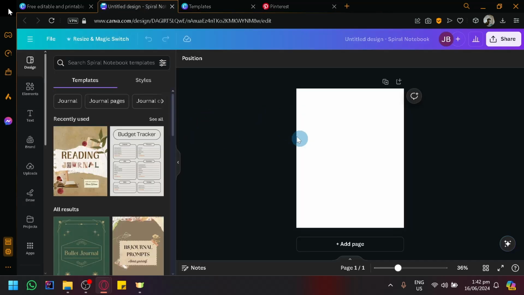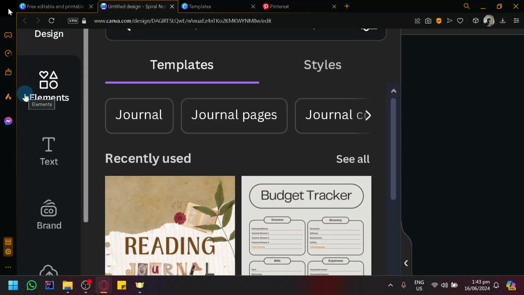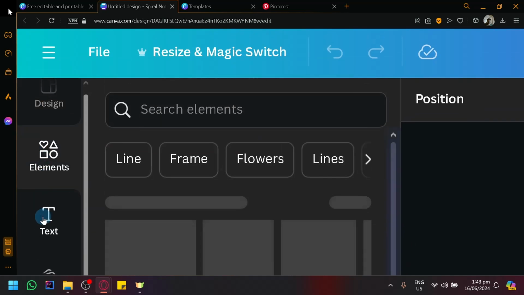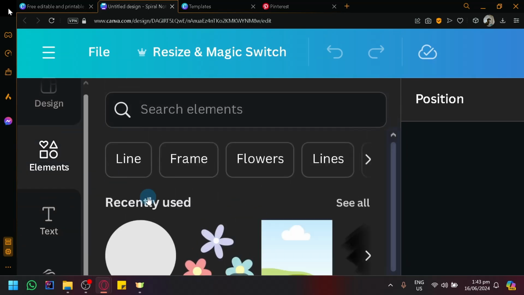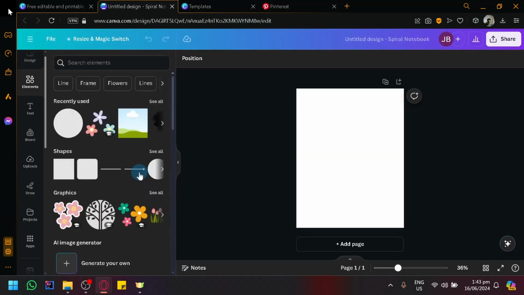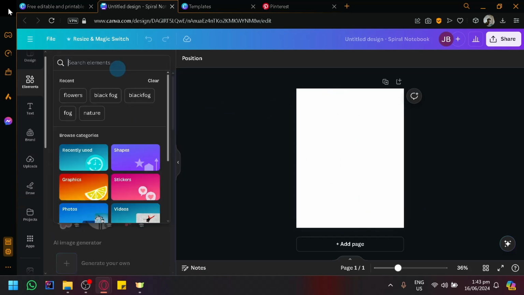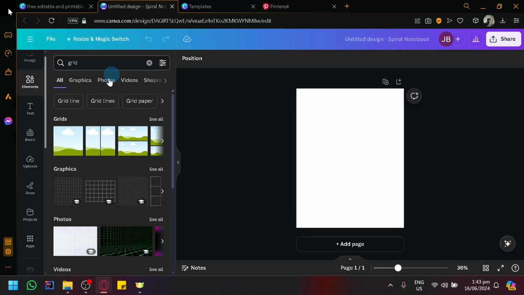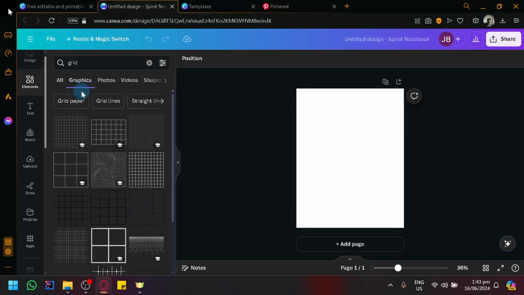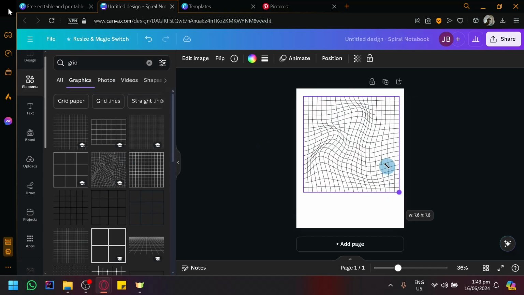So let's go over here on our blank journal. There are two main elements or two main features that you would use the most in our Canva over here, which is elements and text. In elements, this is basically where you will be able to find all the different things that you will be able to add into your design. So for example, we could search grid and click on graphics. We will be able to see all sorts of graphics over here with the specific search that we did. So for example, this one, I could use this,